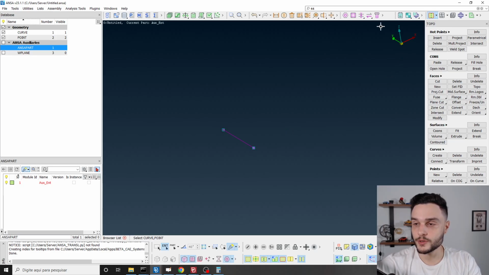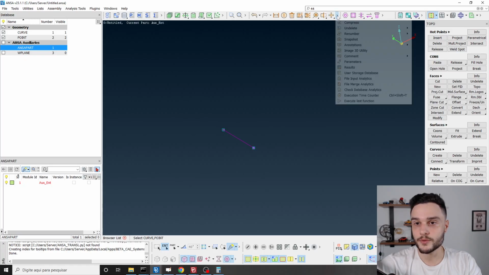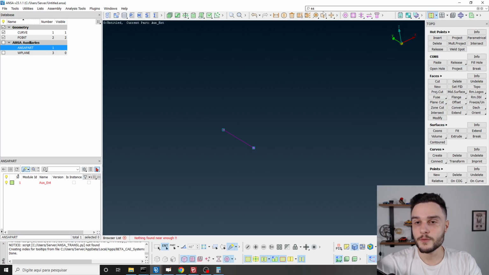To copy this curve, we can use a tool that we can find here in these yellow buttons. We have this one, transform. Depending on the size of your screen, you may not be able to see it here, so you need to click on this arrow to see more options, and then you're going to find it here. And if you don't find it,